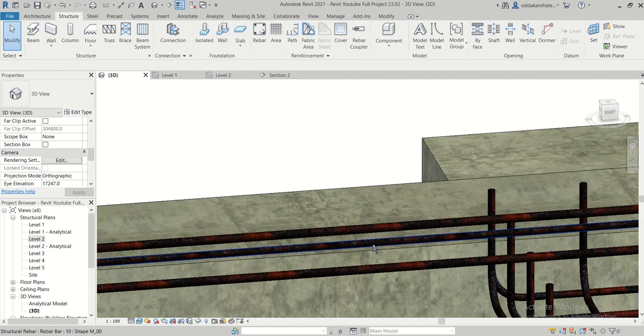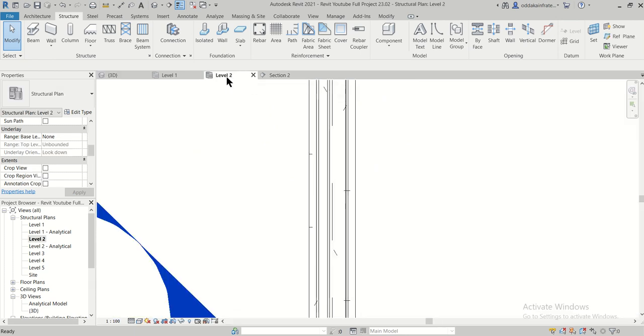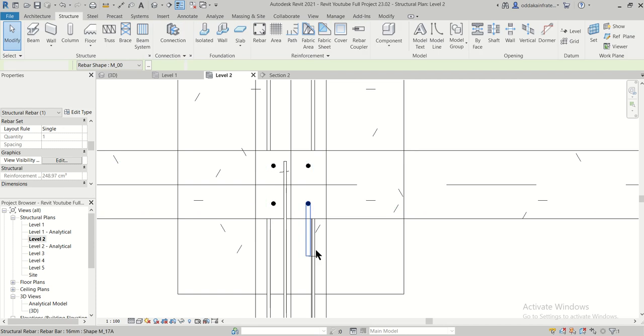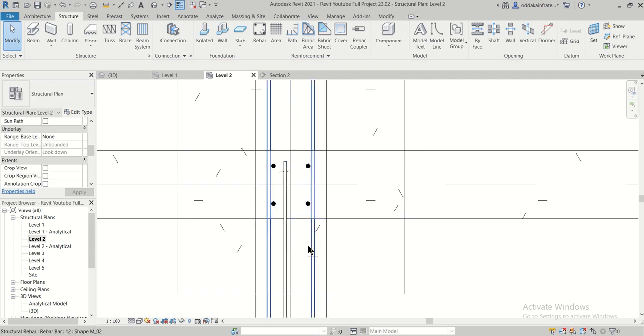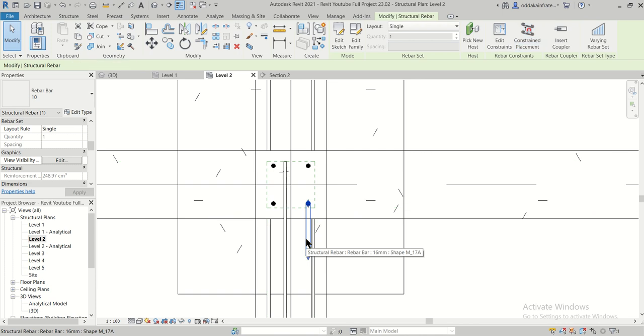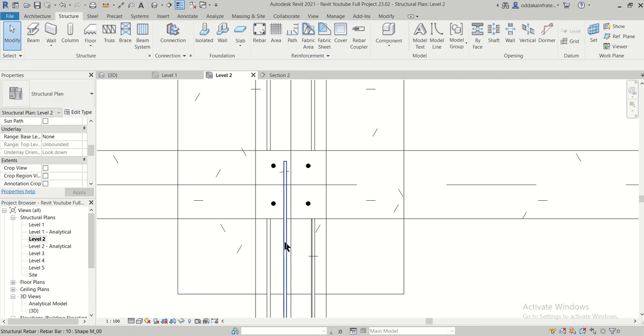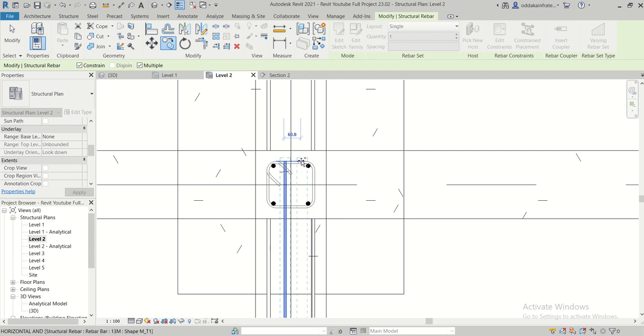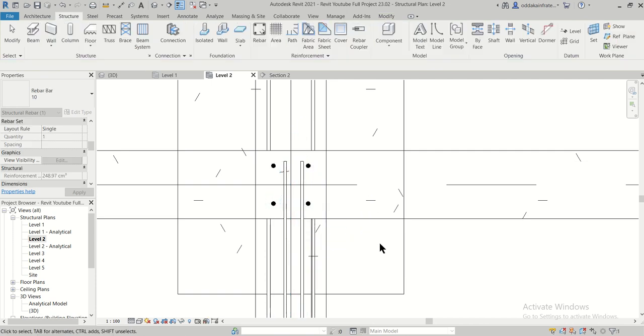So we have this rebar, so we'll go to this particular level once again. I think we had mistakenly just copied this rather. So we'll just select this and copy this from here to here. So now we have 2 rebars.